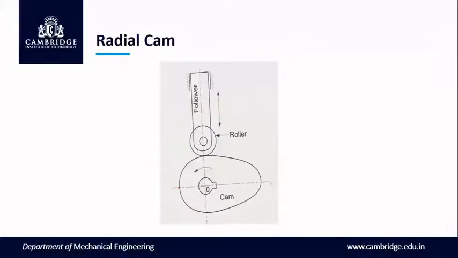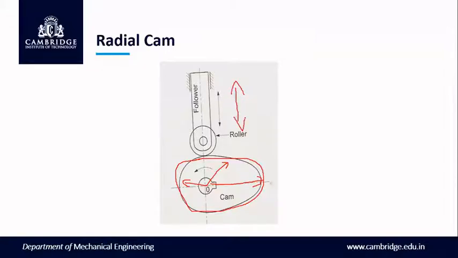So this is the simple diagram of a radial cam. At the bottom, we have a cam with a distinct profile. We can see there's an increase in radius. If we consider from the center of the cam, we have more radius at this junction and very little radius at this junction. So this irregular shape of the cam causes the follower to have